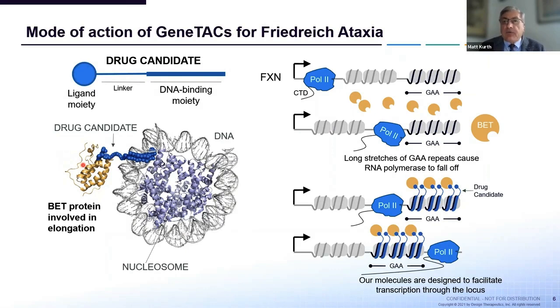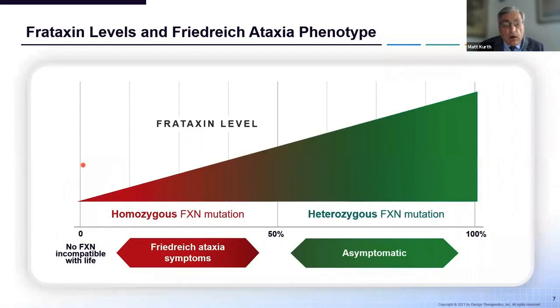What's important is that the frataxin that is made is completely the patient's own. It is not an exogenous frataxin. Now, what's also very exciting is that we don't have to be 100% able to return full frataxin levels. As long as we approach the levels of frataxin seen in patients who carry the mutations, the cells appear to return to normal function because we know patients who carry the abnormal gene are completely asymptomatic if they only have one gene. Only if they have homozygous frataxin mutations do you have symptoms.